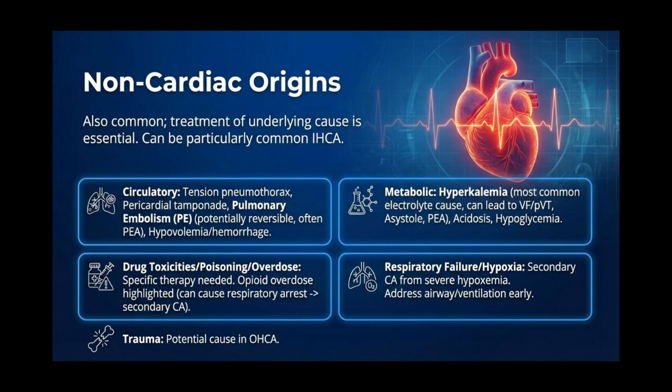Respiratory failure and severe hypoxia can also lead to secondary cardiac arrest. When patients experience respiratory failure and significant low oxygen levels, they can develop hypotension, which may result in cardiac arrest. Consequently, prioritizing airway management and ventilation is essential for patients in a peri-arrest state, especially those suspected of opioid toxicity, since arrest may occur due to loss of airway patency and lack of breathing. Lastly, trauma is considered a potential cause of cardiac arrest, especially in cases of out-of-hospital cardiac arrest.